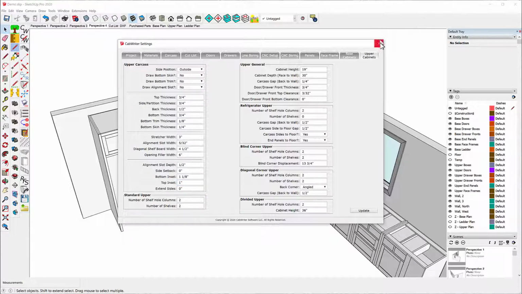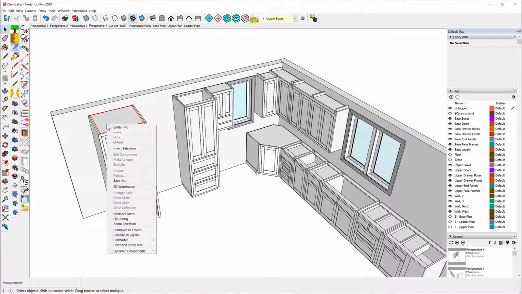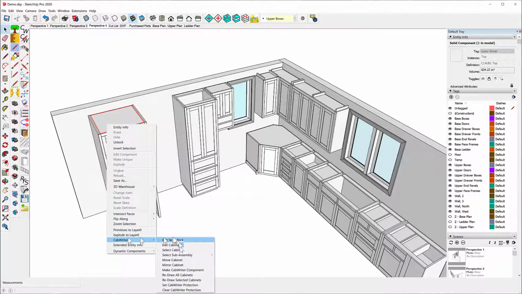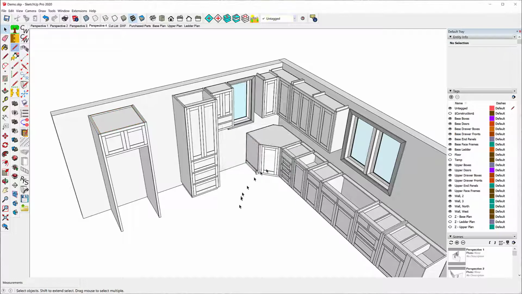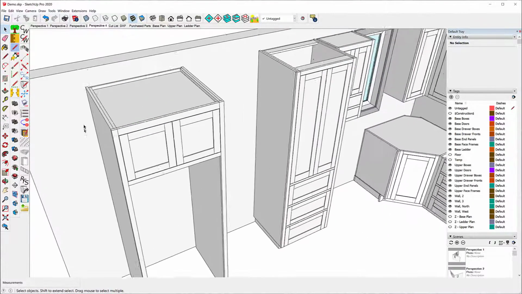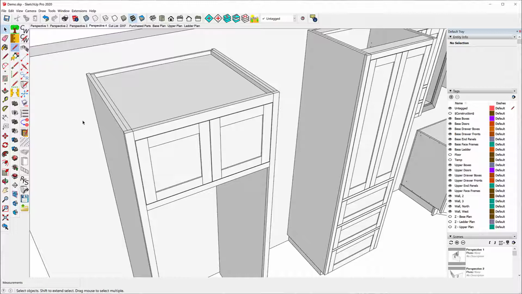Update, close, and redraw this cabinet. And I will not use the stored defaults. I'm going to use what I just changed. And notice what this does is it insets the top